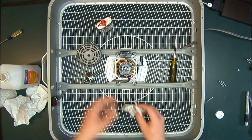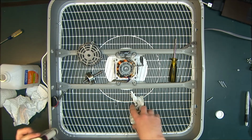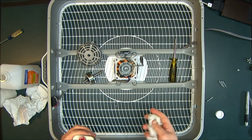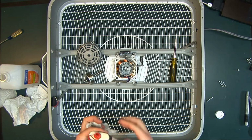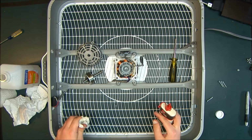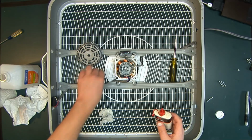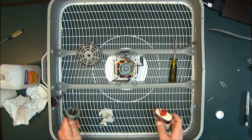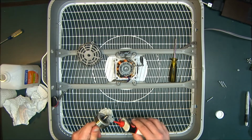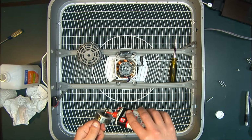Now, as far as oil, don't soak it in oil. The reason you don't want to soak it in oil is it'll drip out, and you'll have oil all over the place. And the worst case scenario, it drips out, hits the blade, then it starts shooting oil into your room. You don't want that. The other thing is oil attracts, or it's going to capture dust and dirt, and you don't want that either. So just put a drop on there,